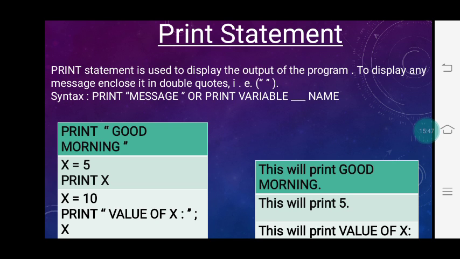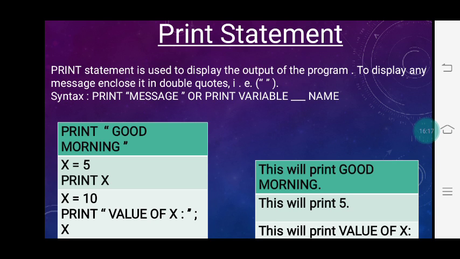Now I want to display that good morning on my output screen, so for that I will write that message in double quotation marks. So x is equal to 5. PRINT x. Whatever message you want to display, you have to write in front of PRINT. Then x is equal to 10. PRINT "value of x".